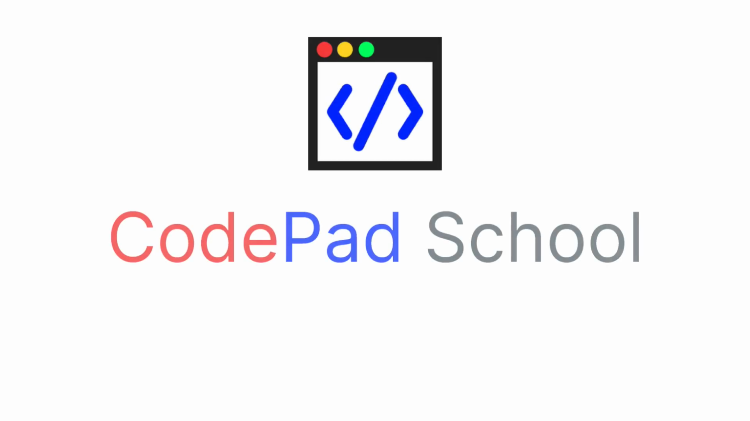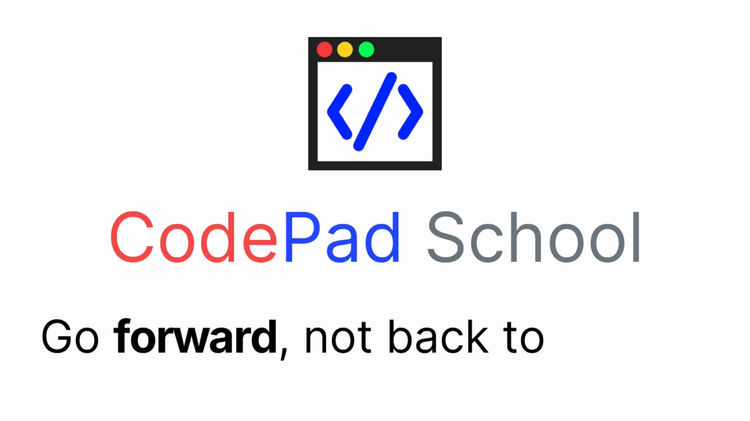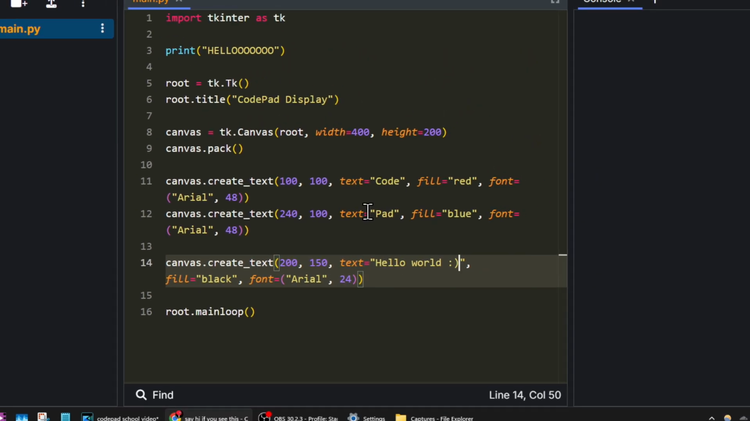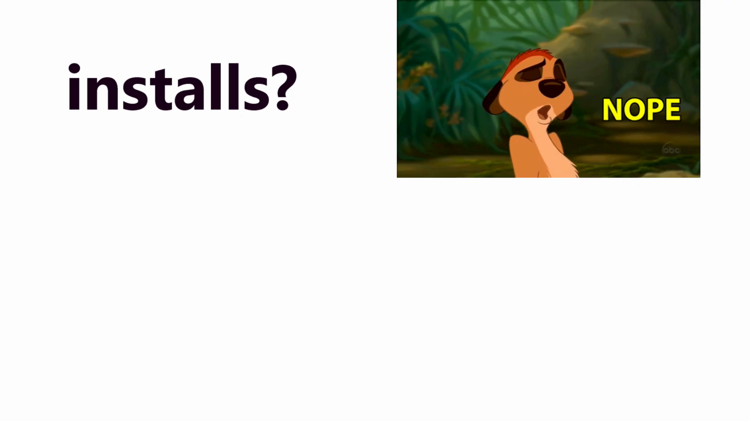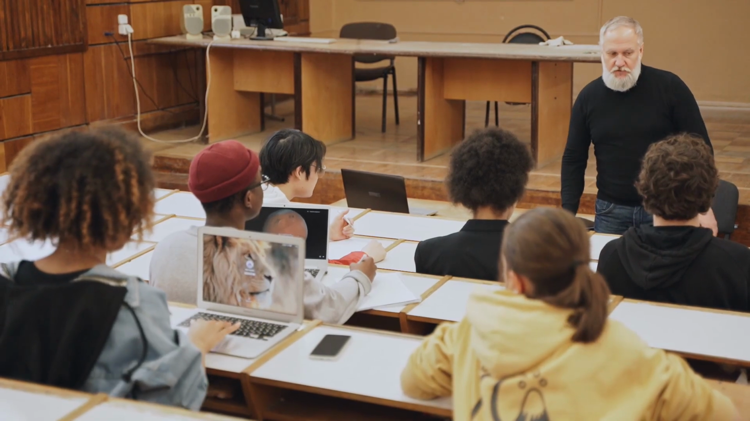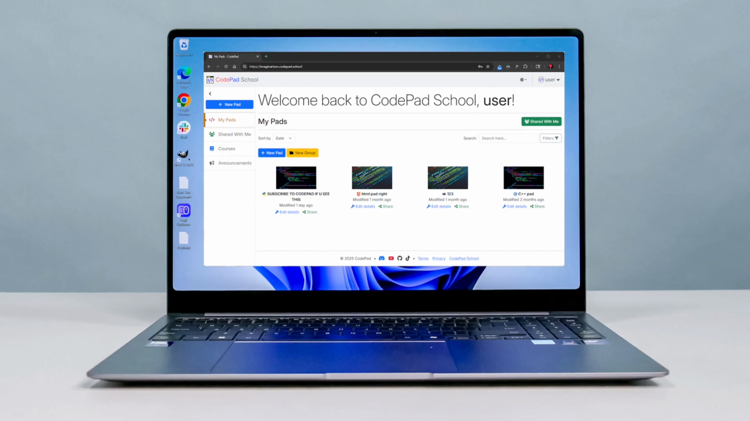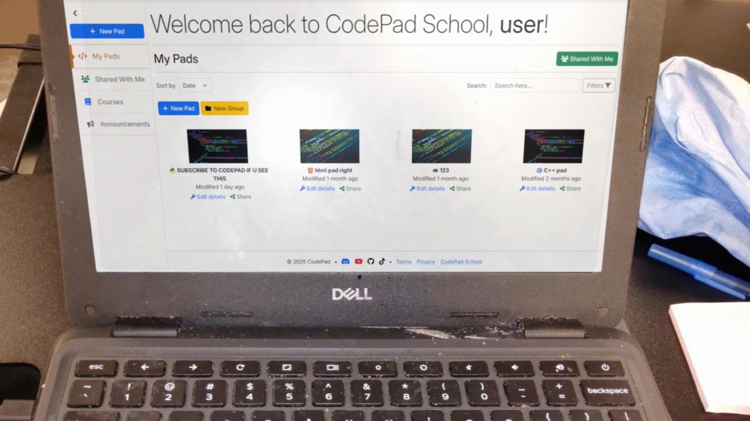Introducing CodePad School, where you go forward, not back to school. CodePad gives your classroom a modern, private, and secure coding space. No installs, no setup. Students all get the same environment, whether they're on a Windows PC, Mac, Chromebook, iPad, or